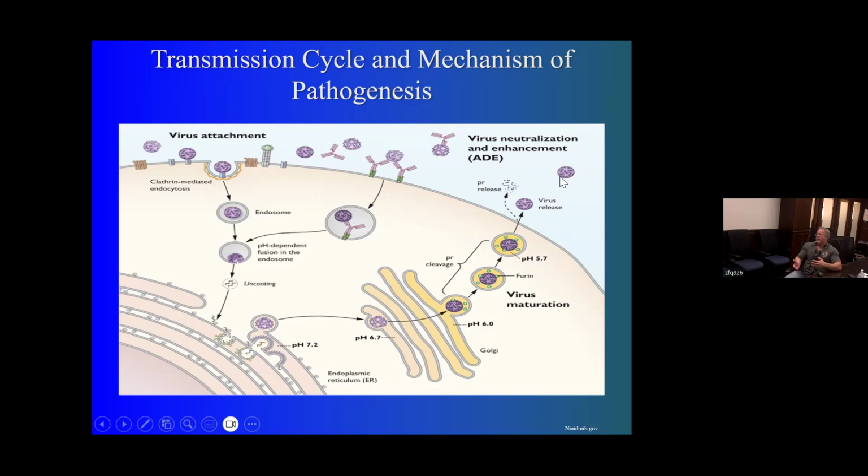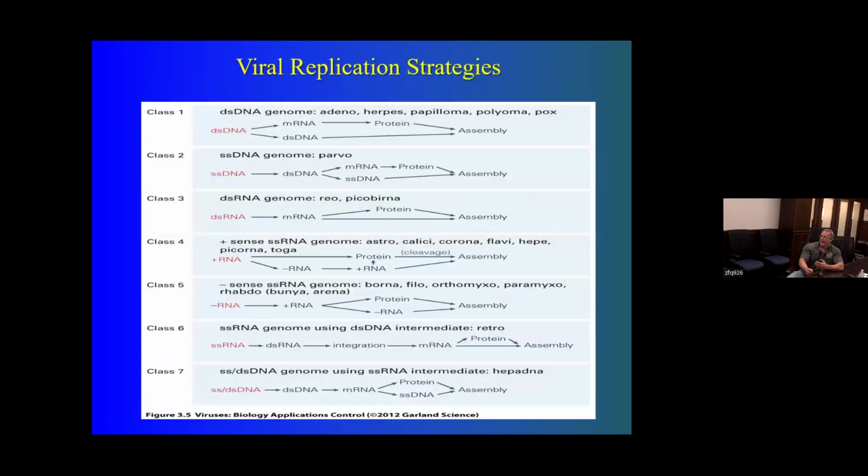So the basic life cycle: the virus has got to attach, it's got to get inside, it's got to uncoat its genome and make new viral proteins and new viruses, with the goal of eventually being able to escape the host cell. Just to remind everybody again, this is a bit of a rehash from short course session 2 on viral replication.